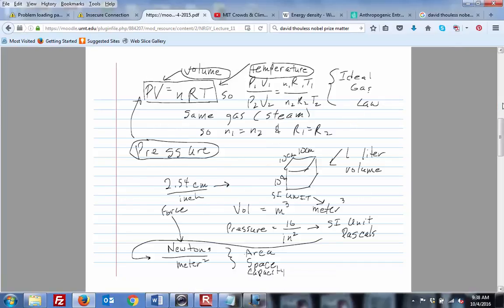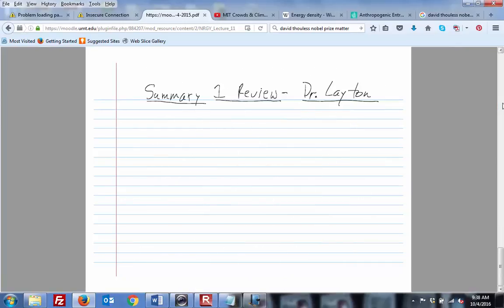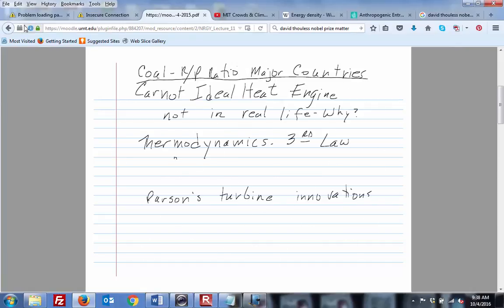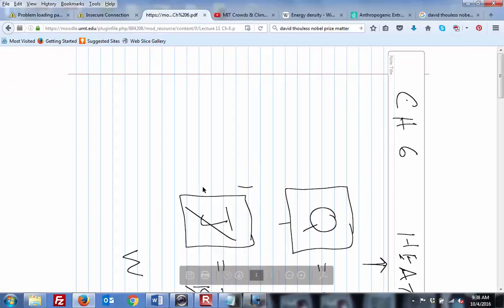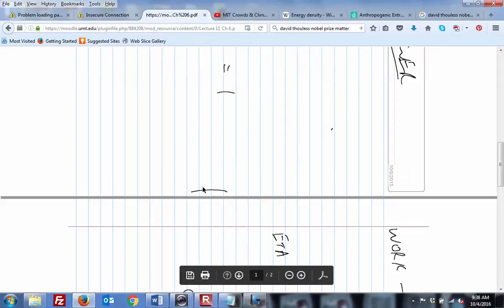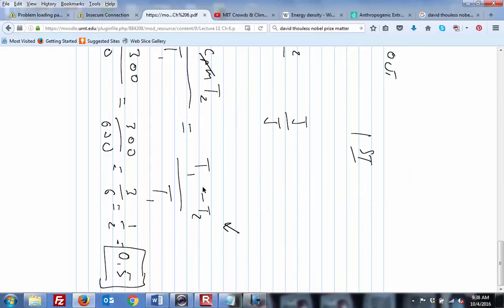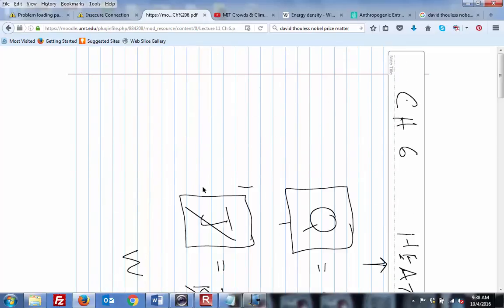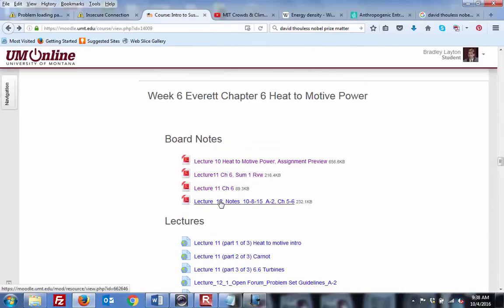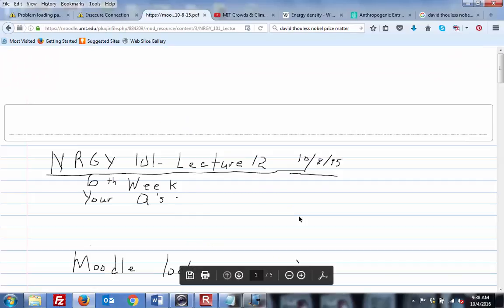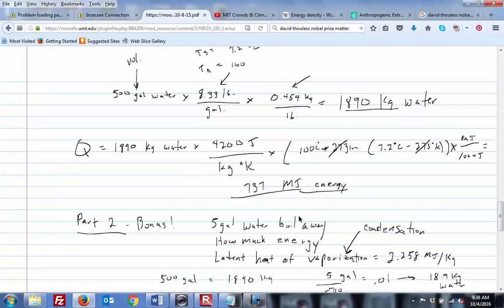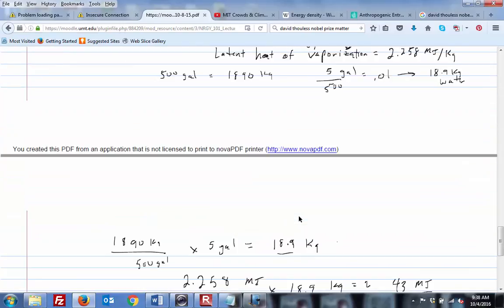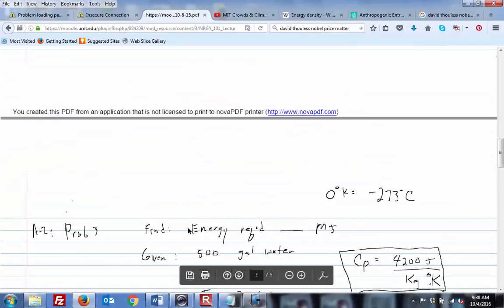Yeah, no, Mark did a nice job with this. Summary one review. And so we're just recapturing these. This looks like my notes, but I forgot to rotate them. This is just a Carnot efficiency example. We will go through that too. Okay, and here you start to work the problems. All right, so let's just go ahead and get into